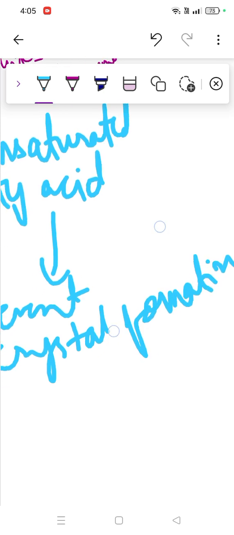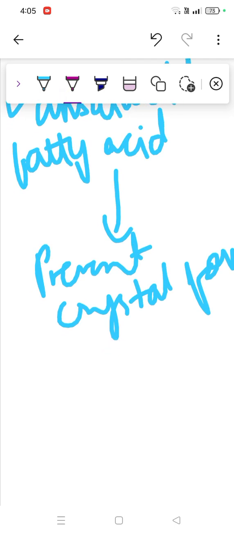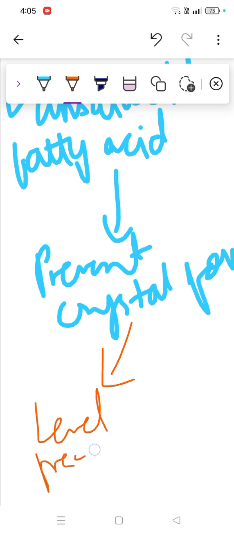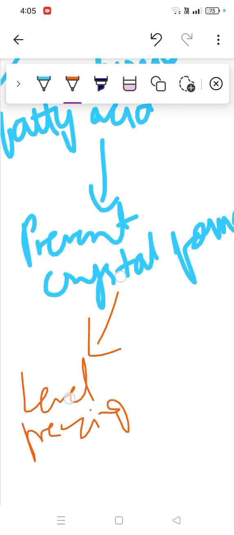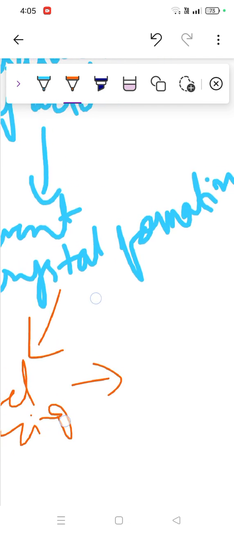And again, the low temperature or freezing, that's another point. When crystal formation is going to occur, what will happen? At the freezing point, what will happen? At the freezing point, ice crystal formation in the cell will occur. Ice formation